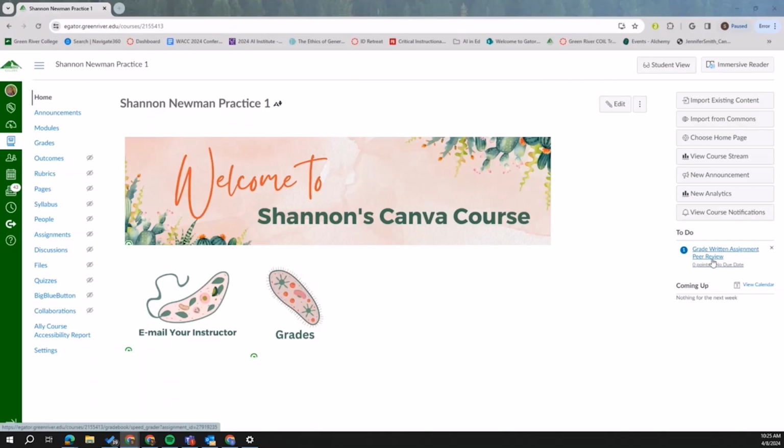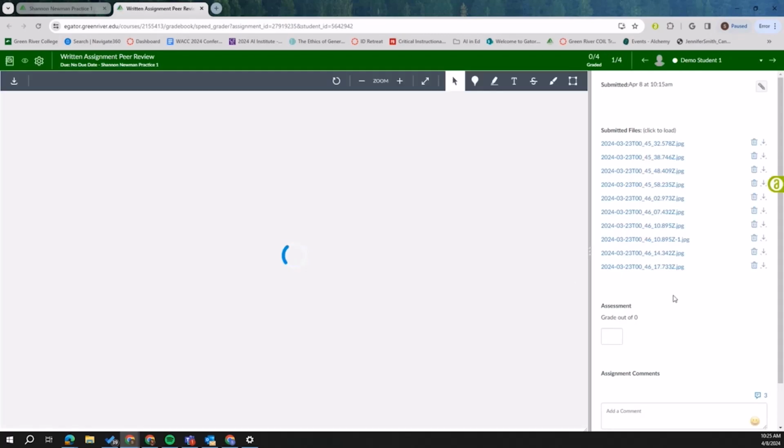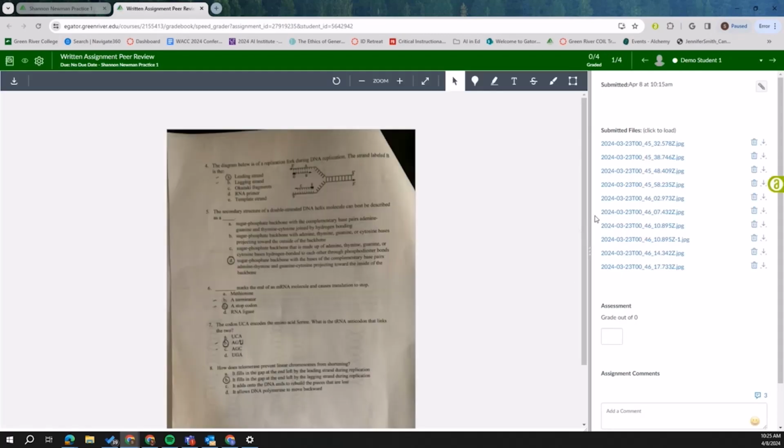So here I have a student that has submitted an assignment, and I'm sure many of you have experienced this in the past. A student completes the assignment on paper and takes a million photos of it. So now you have basically a million photo pages to go through and write your comments on, which can be really annoying. Students did this all the time in my class.